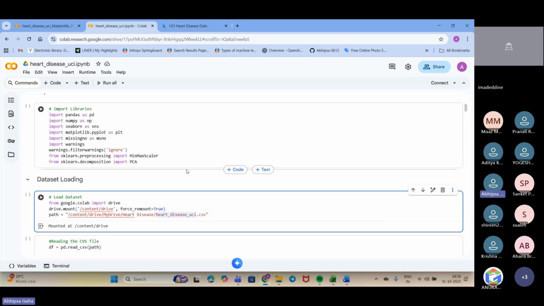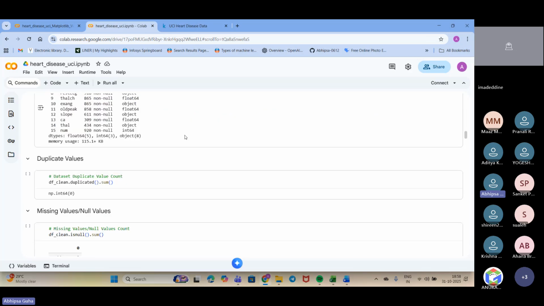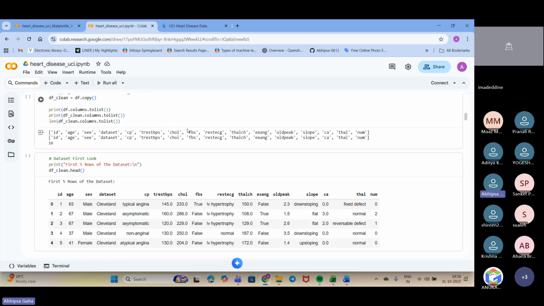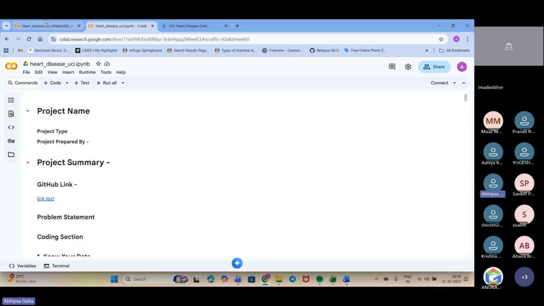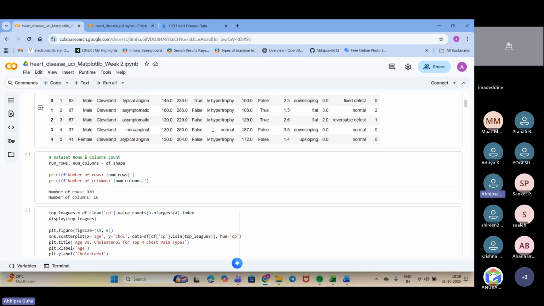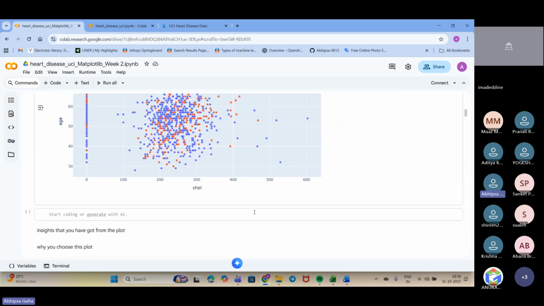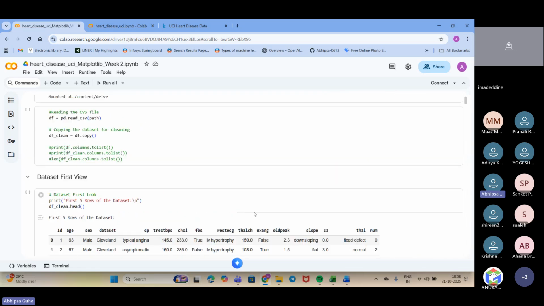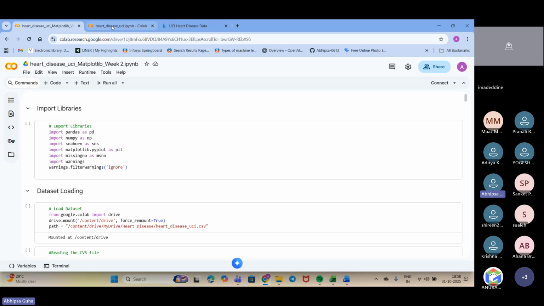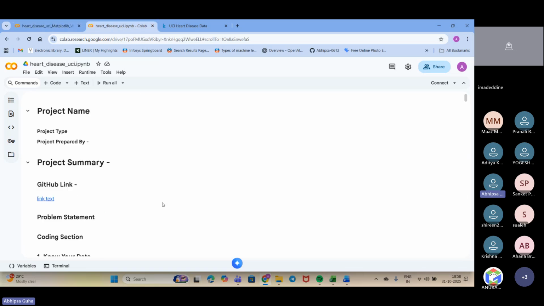This one, yes. So we have two Colab files. First, this Colab file actually makes us understand the pre-processing. Then we are taking this file and we are doing the EDA basically. So I have done it in a separate file to make you understand better. So this is what it is. The similar template you need to follow.